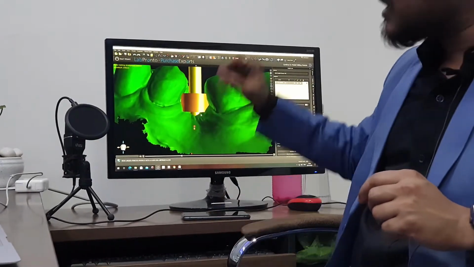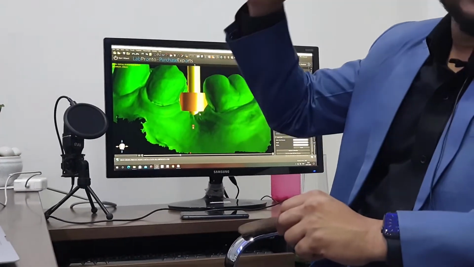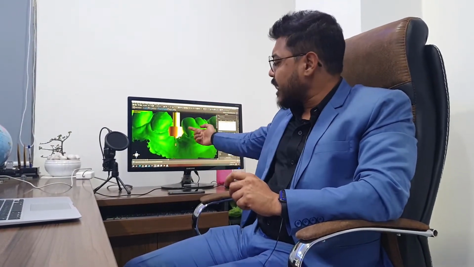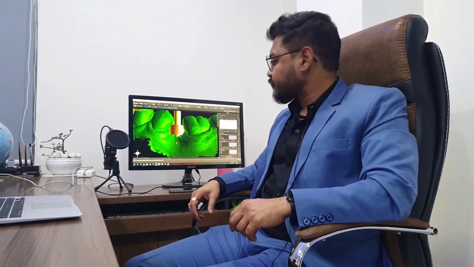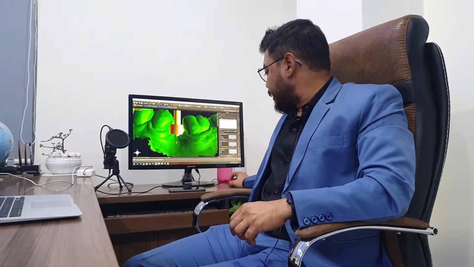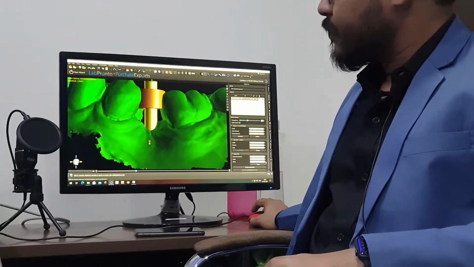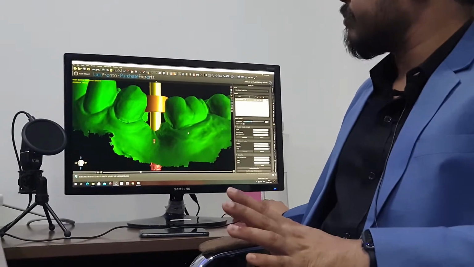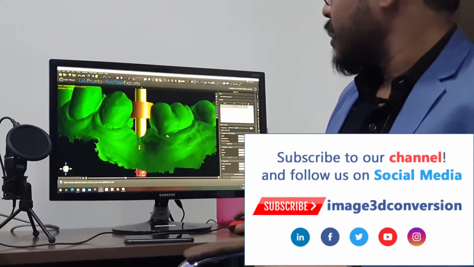What is the guide tube? This is the same guide tube that we insert in the surgical guide osteotomy hole. It comes as a metal cylinder, and that is the guide tube. So if your guide tube is engaging the tissue, that means you will need to raise the tissue while trying to seat the guide in the patient's mouth. If it is not contacting tissue, that means you are going flapless.